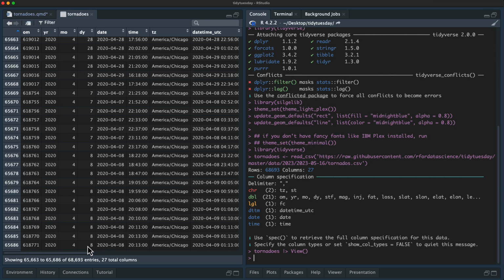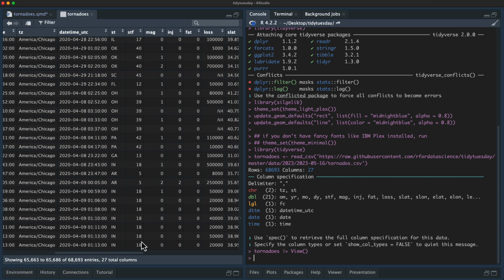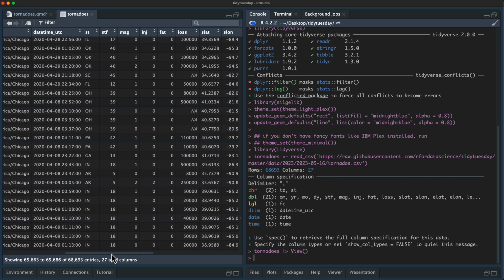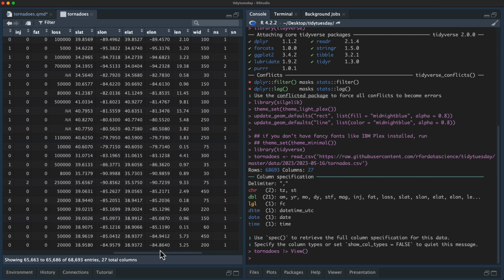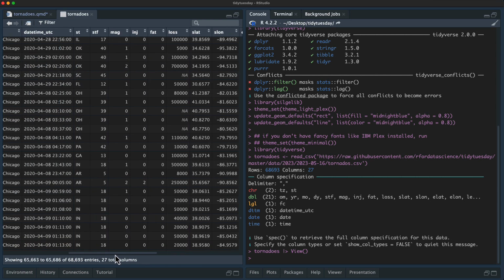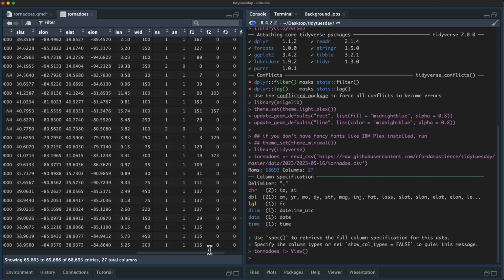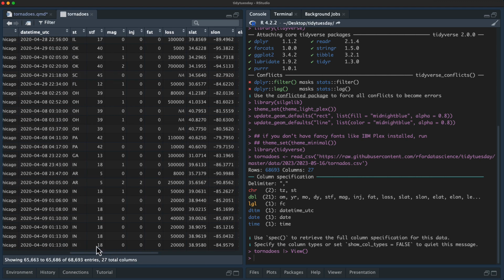And we have data on them like when the tornado occurred, the state where it occurred. We also have latitude and longitude for the start and the end. We have some information like how many people were injured and how many fatalities there were. We have information about the length and the width. And what I would like to talk about is how to build a model to predict this magnitude.